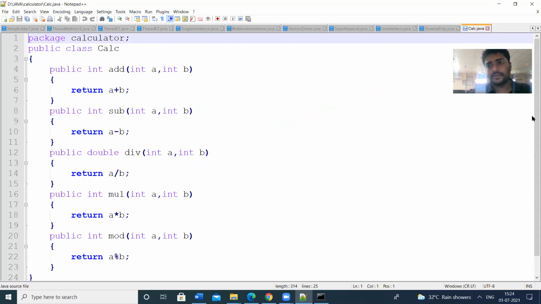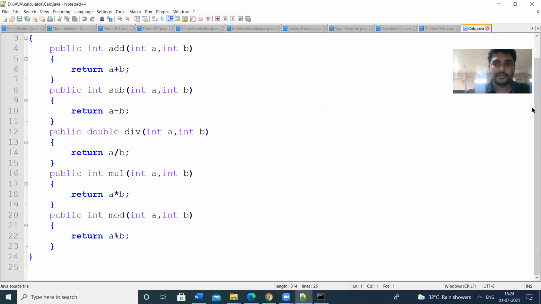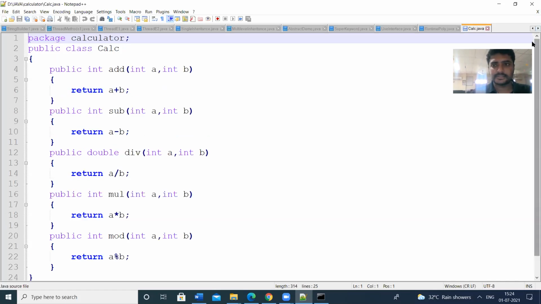The package consists only of classes, and public static void main does not come in this class calc. So this is the simple creation of the package.